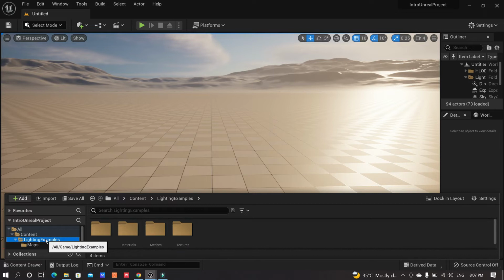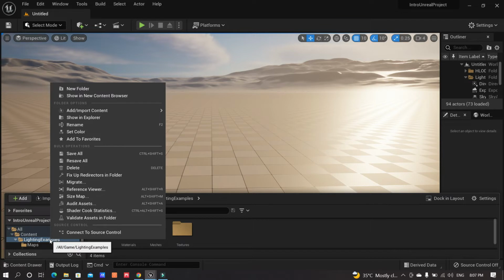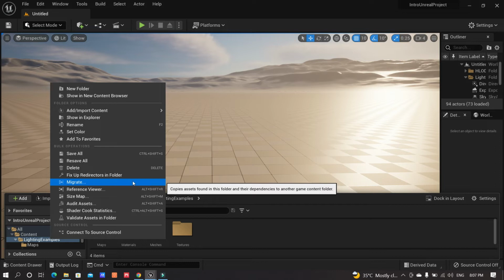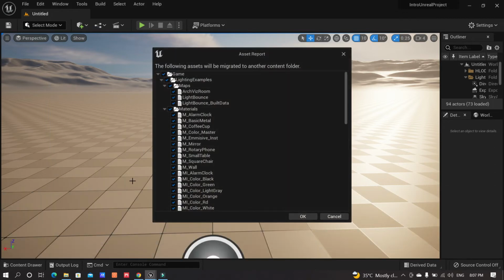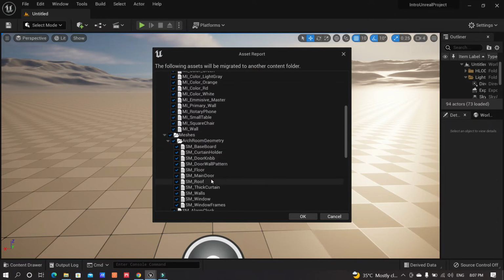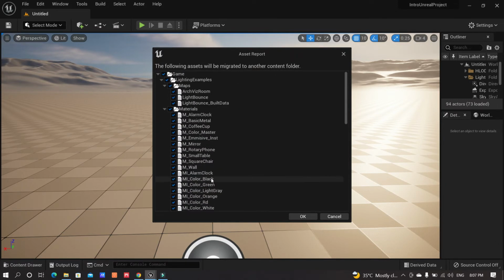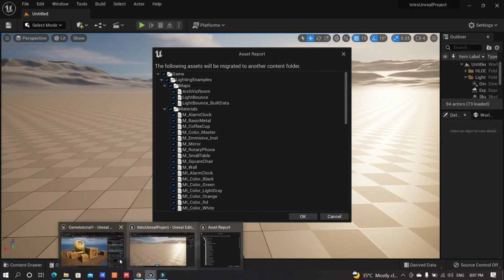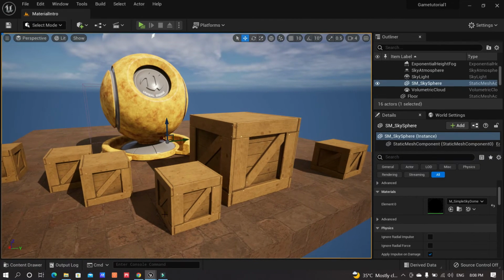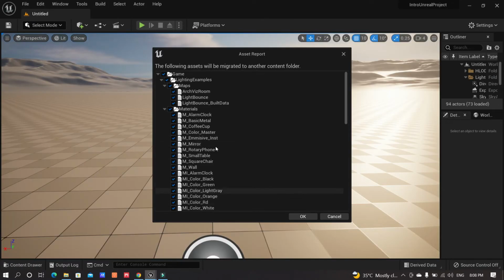This is the folder we're going to migrate, and the migration process is very simple. You right click over it, scroll up and select Migrate. Once you click Migrate, it will show you a screen showing that everything under the lighting examples folder, which is basically maps, materials, meshes, textures, is checked. All of the stuff there is going to be exported to whichever project you want. In our case, we're going to migrate into the project we have been currently working on. So we're just going to click OK,